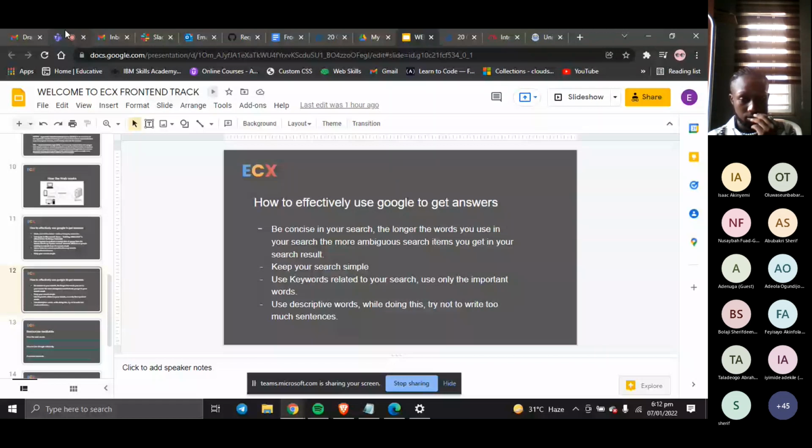A person may not know it, but when you write it down and try to search for it one by one, you will find out that there's a particular name for it, which is an HTML form. So if you now want to search about HTML forms, it will be more concise and easier. HTML forms is now the keyword instead of writing those long stories that you would have written before. So try to find the keyword which will make you